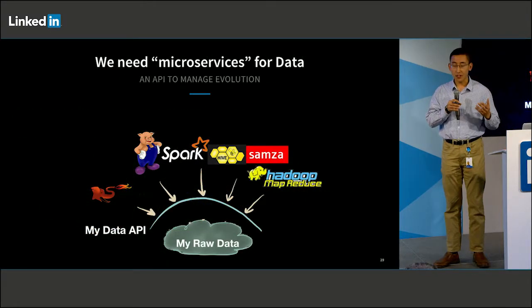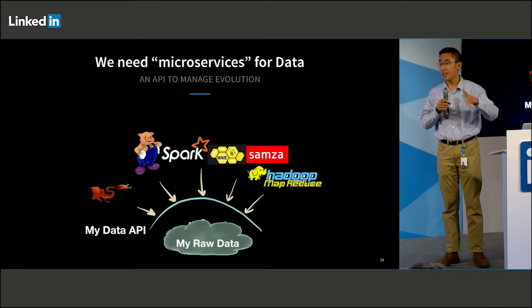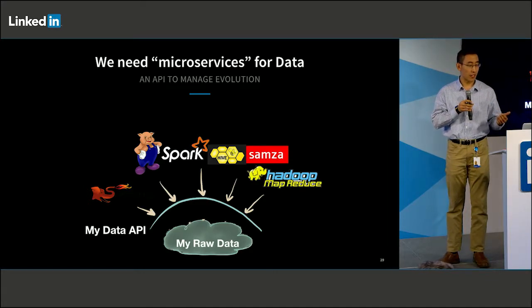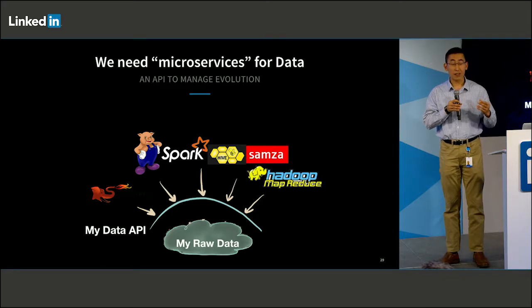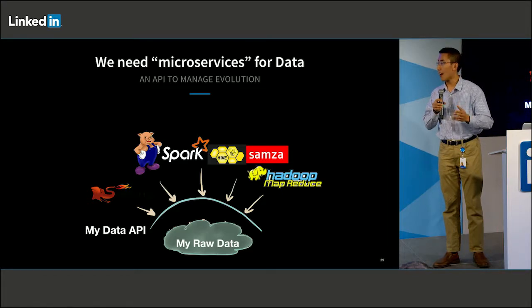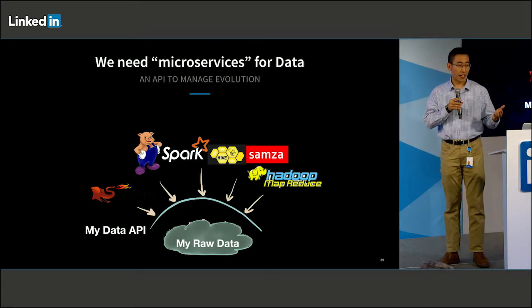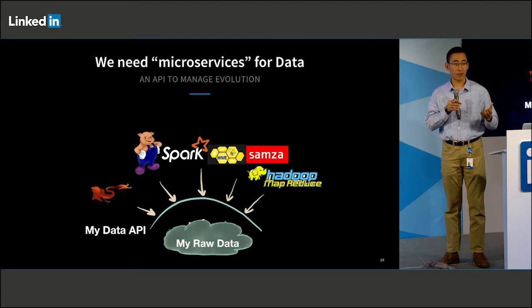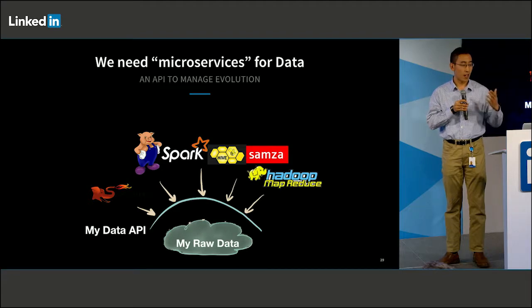So, to solve these problems, conceptually what we need is to build an abstraction layer on top of our data that users use. We need the ability to manage each data set independently and evolve it independently, without requiring migrating thousands of scripts. You can think of this sort of like in the online world, where you have services that are deployed and upgraded independently of one another, and users just depend on their REST APIs.